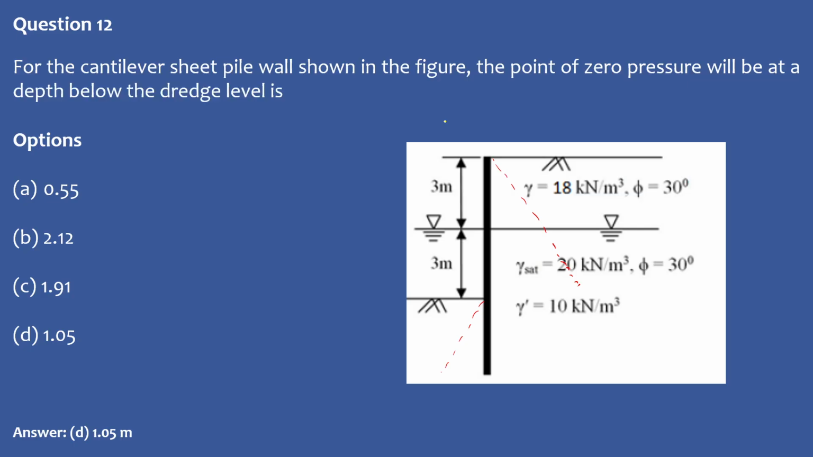So stratification is given: gamma is 18 kN per meter cube, gamma sat is 20 kN per meter cube, then gamma dash is given to you. Okay, phi is 30 degree. So for our case,